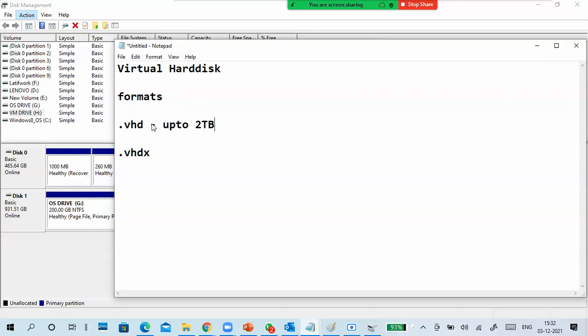We can create a virtual hard disk up to 2 terabytes. VHDX supports more than 2 terabytes, up to 64 terabytes.